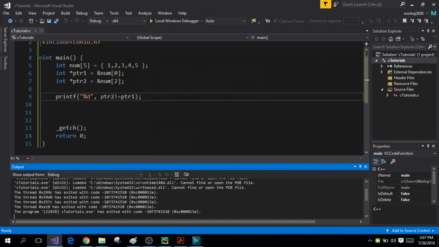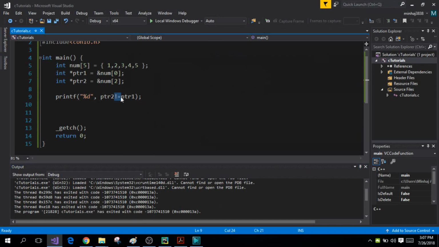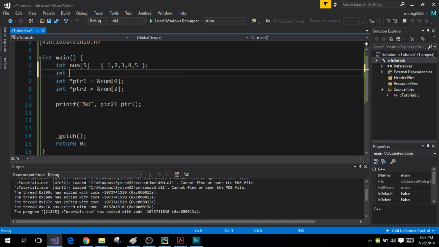So simply, the relational operators check the relative ordering of the elements in the array. They do not actually compare the actual values of the address. And one thing to keep in mind is that the pointers must point to the elements of the same array. So suppose I define another integer variable num1 and initialize it to 5. Now if I assign the pointer ptr2 with the address of num1, and then try to subtract